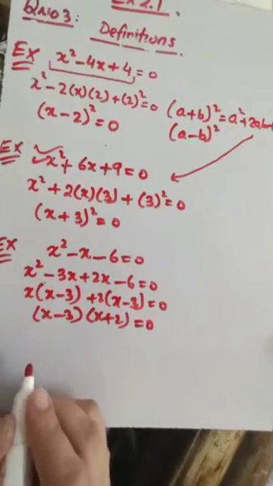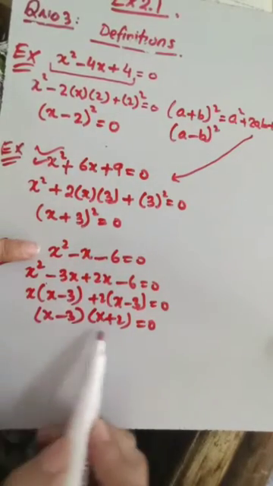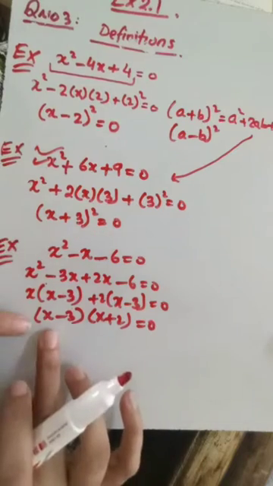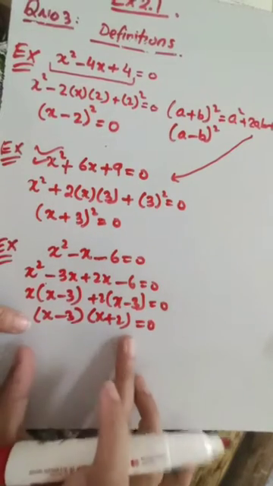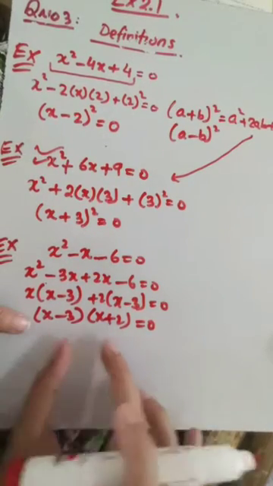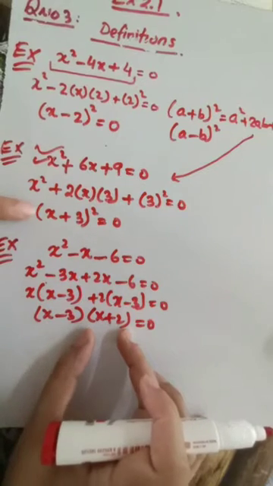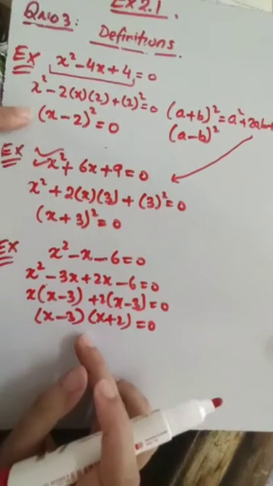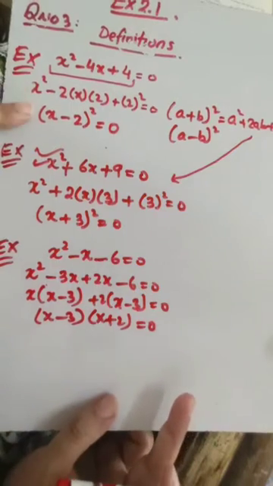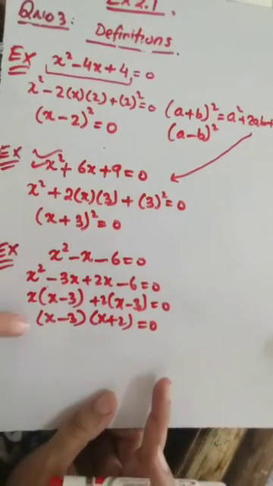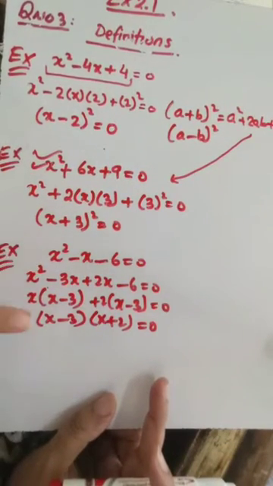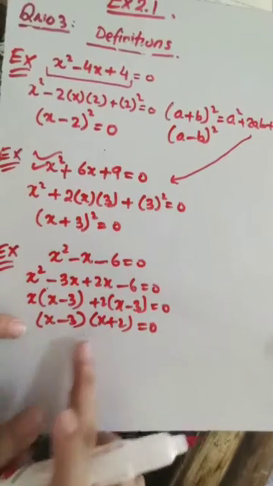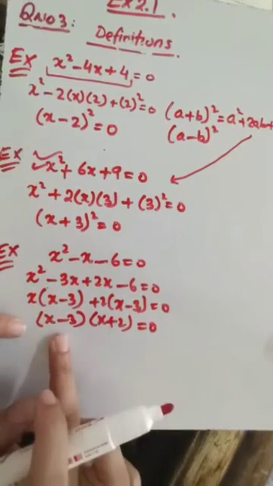Okay, so as you may see, this is not a perfect square because the expression is not equal to the square of some expression, but it is the product of two different factors. In the earlier cases we had two factors, but both of them were the same. But over here, if it is not a perfect square, it means we are going to get two different factors: x plus 2 and x minus 3.